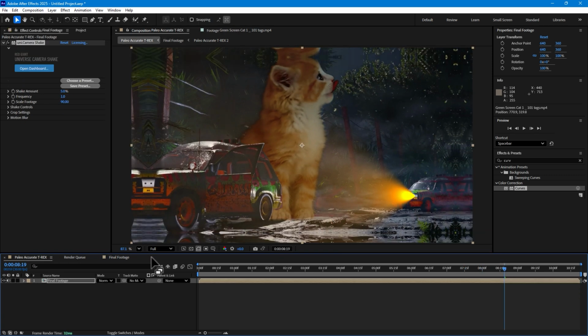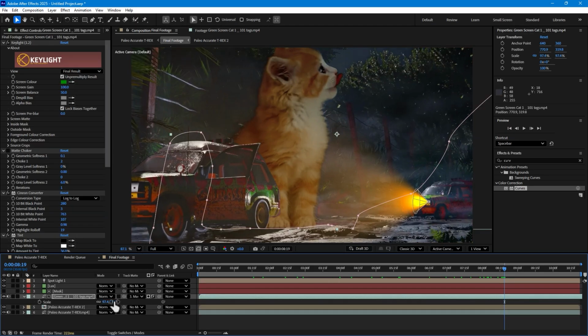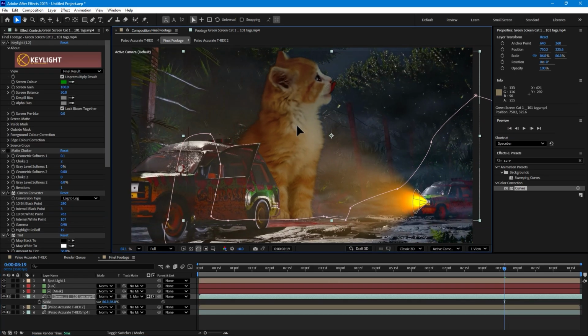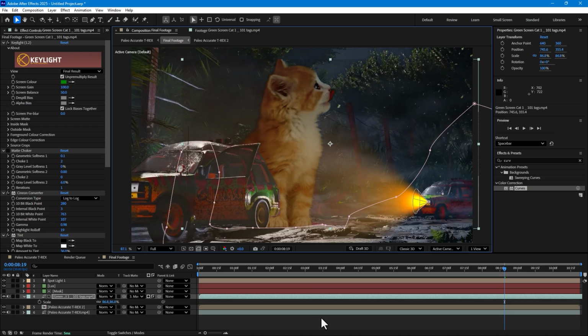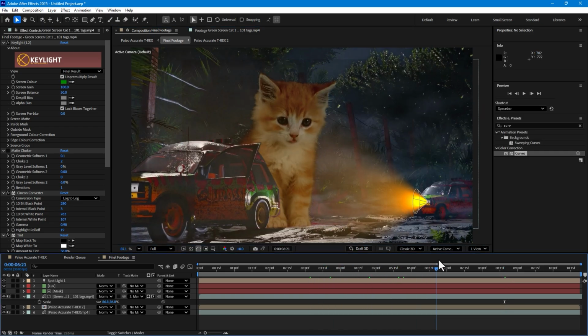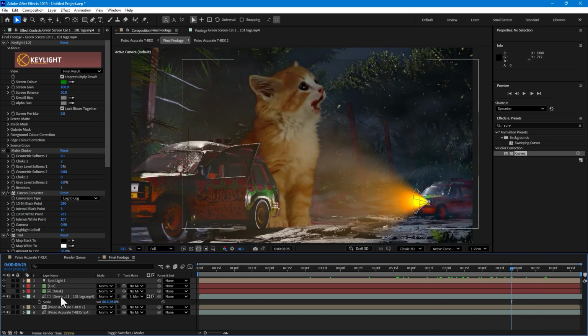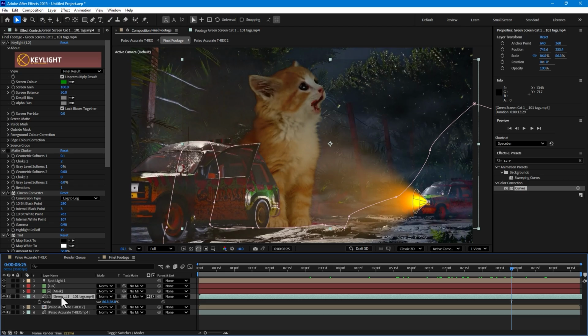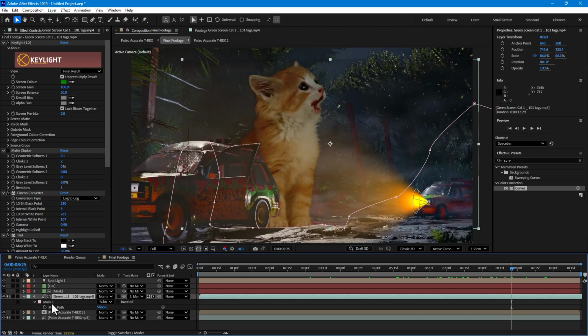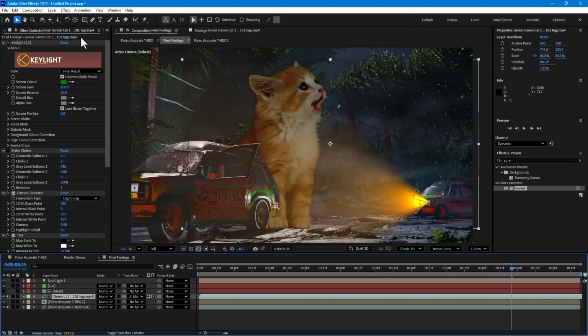Let's see there and make it more smaller and set right there. Let's see, everything is looking good. And don't forget, select the footage, press M for mask and select the mask, delete and